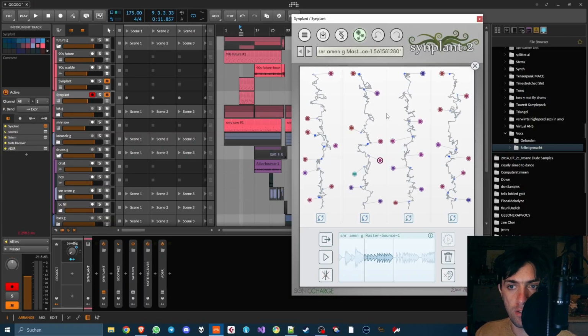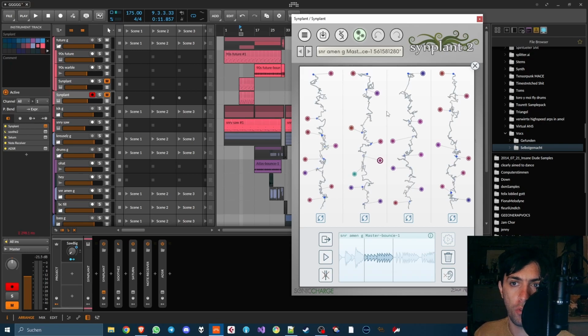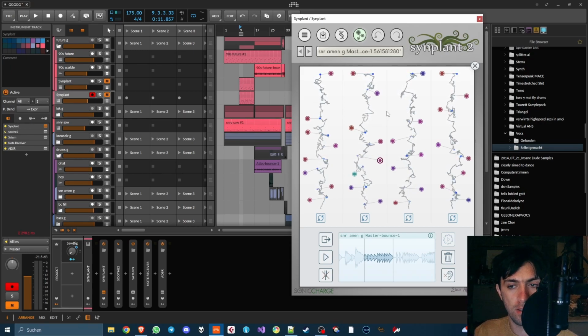If the sound is very challenging, then it tries anyway, and then I guess it just comes up with sounds that are not very close to the original, but at least it tries, and it tries as hard as it can, and I find this pretty cool. If we extrapolate this idea to other plugins, then this could mean that we could even like apply this idea to different synthesizers or effects, and I think this could revolutionize the art of sound design in some sense, because